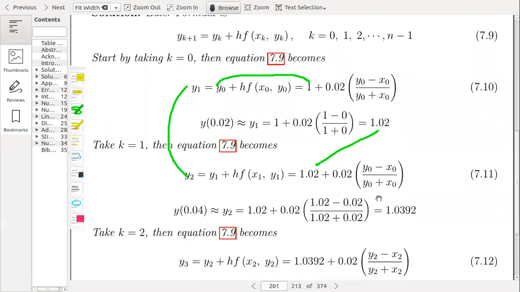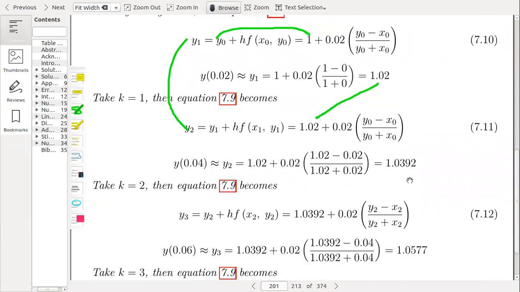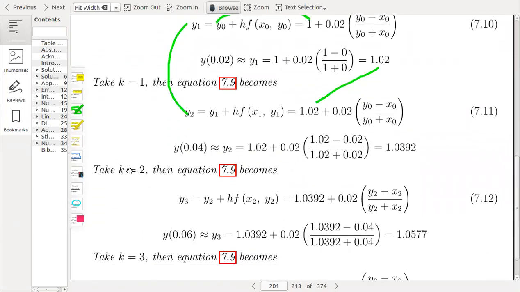Here this should be y1, x1. So here is a mistake: this should be x1, y1, not x naught, y naught. So we replace y1 with 1.02 and x1 with 0.02. Then we have calculated it as 1.0392. Similarly, we can compute